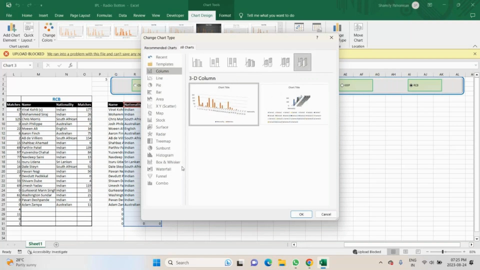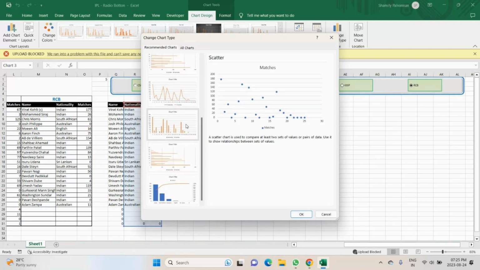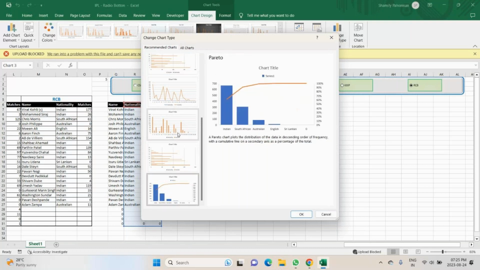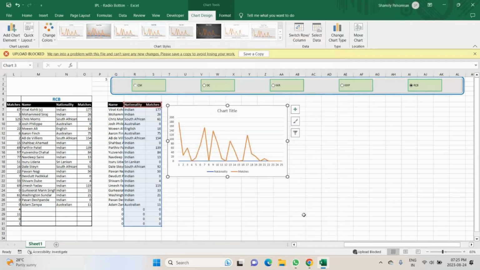Okay, in the recommended itself, I'm going for this one or this one. I'll go for area itself. Click on OK. Okay, this is the matches. If I select DC, see